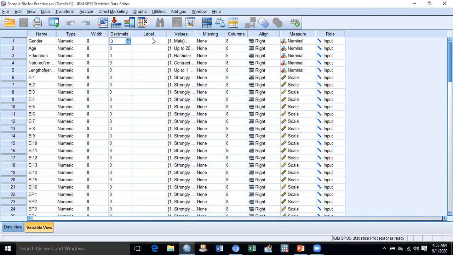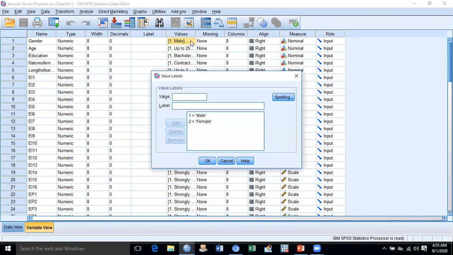And here you can label it. Let's say if you want to give it some name, you can label it as well. And here you can put the values, you can assign the values. I have already assigned the values and labeled them. One for male and two for female I have used here. As you can see, I can also add a third one, and here I can also enter the label. And after entering the label, let's say we add she, like this we can add it as well.